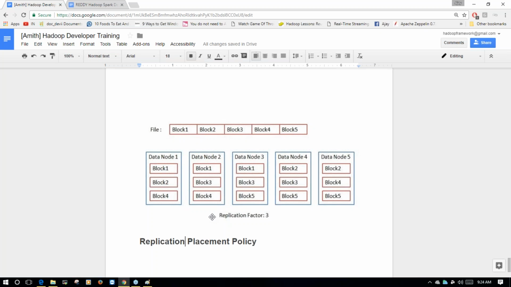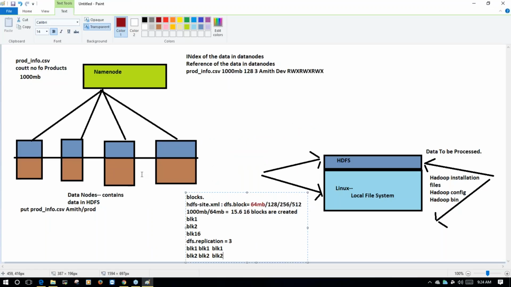If you observe this architecture, Amit, suppose you are having a 1 TB file. When you are writing it,